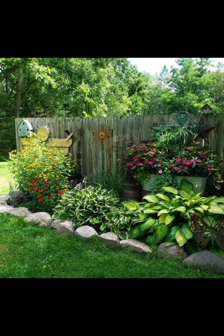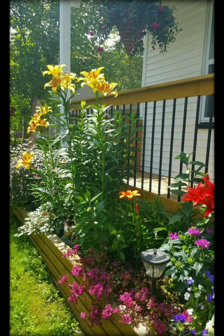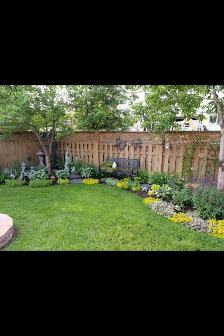Seasonal interest. Plan for a year-round display by selecting plants that bloom or change colors in